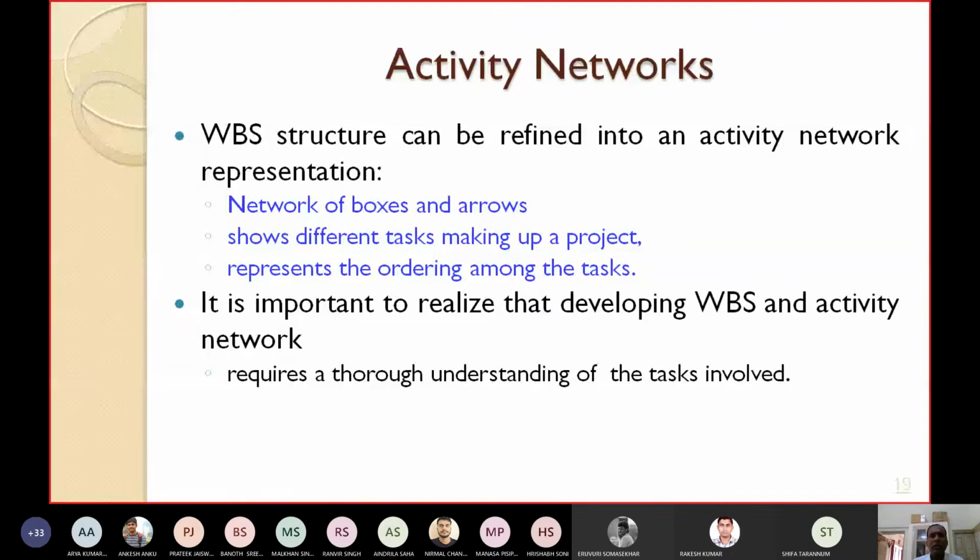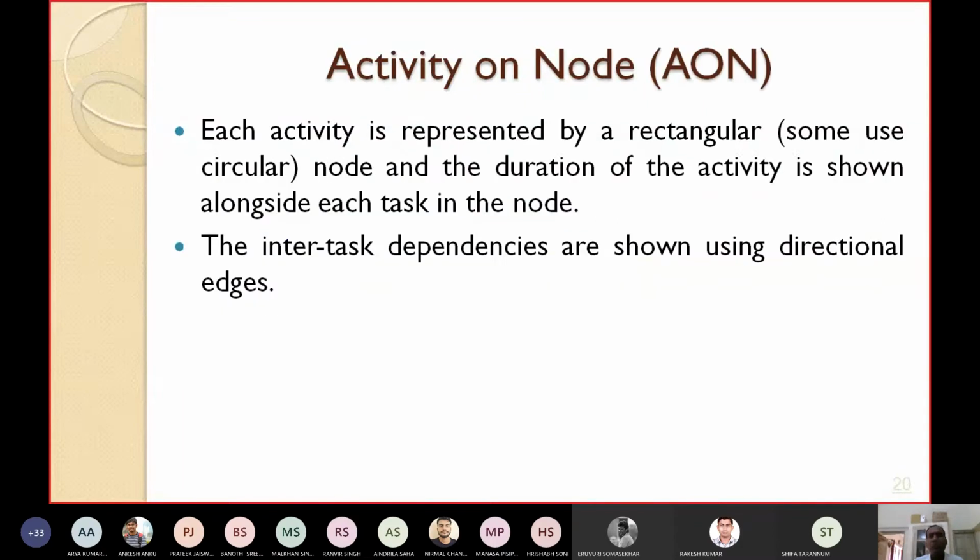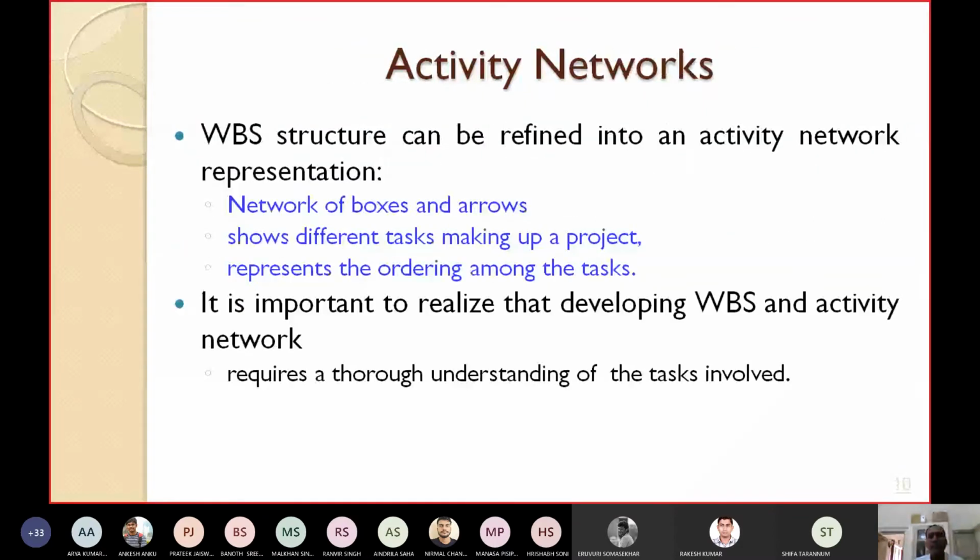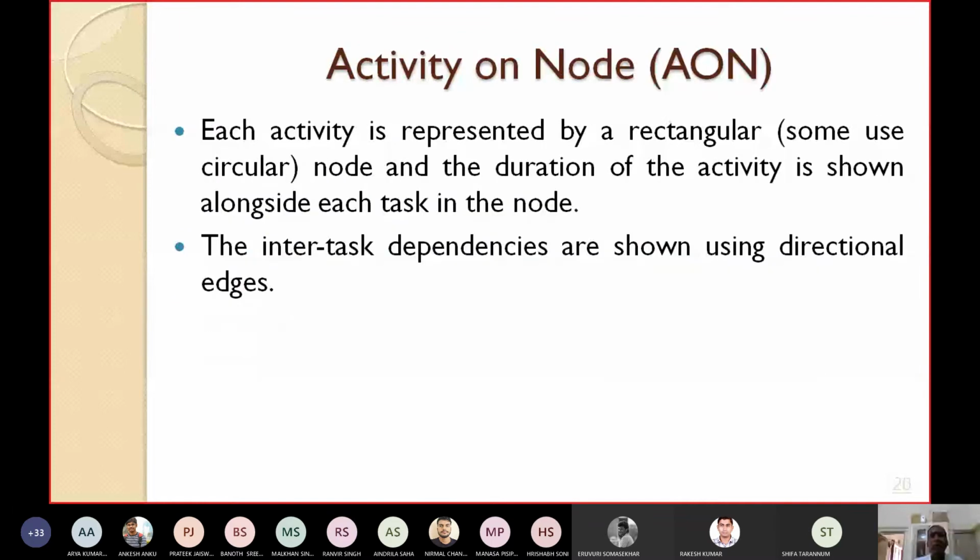Each activity is represented by a rectangular node, and the duration of the activity is shown alongside each task in the node. I am repeating again, as its name suggests, activity on node.